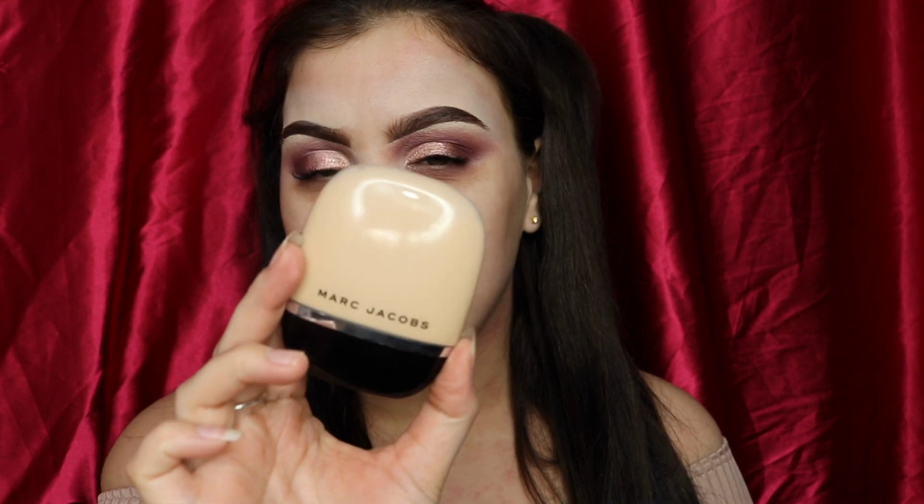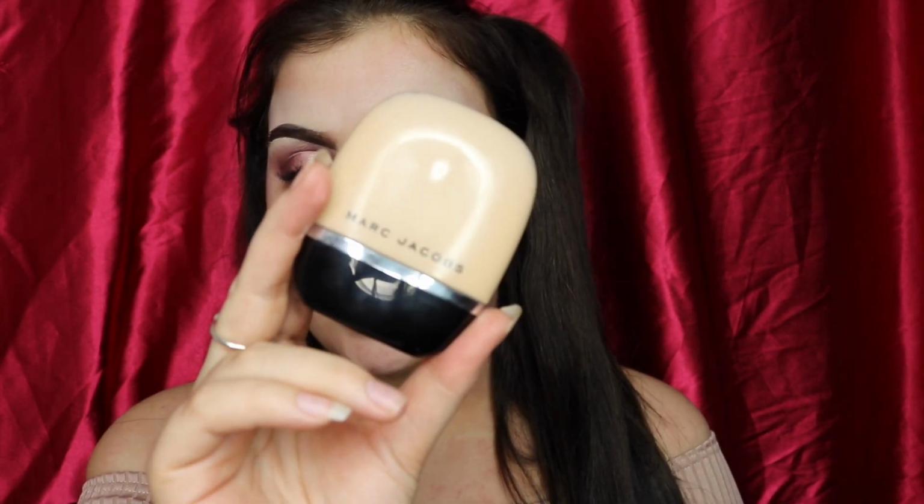For foundation today, I'm going to try out a new one. When I say new, I've used it like once before. So this is the Marc Jacobs Shameless Foundation. I got the shade Light Y210. I'm going to give this another go because when I used it for the first time last week, I didn't love it. So today I'm going to try out the Morphe E54, which is basically just a flat kabuki brush,